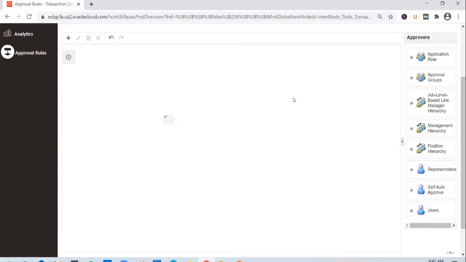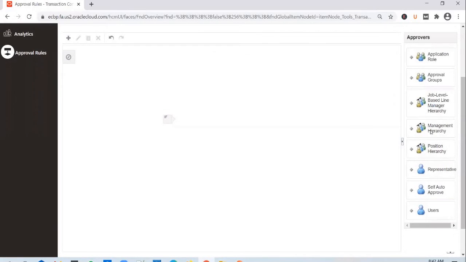But let's say you use 2 levels of approval. Then I submit the request, it goes to ABC, and ABC approves it. But let's assume the manager of ABC is DEF. Then DEF gets a notification and he also has to approve it. So you can use a management hierarchy when it has to go through the management hierarchy, of course. Plus, you can also determine the number of levels it has to go through.